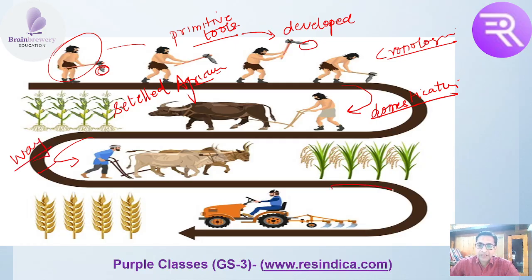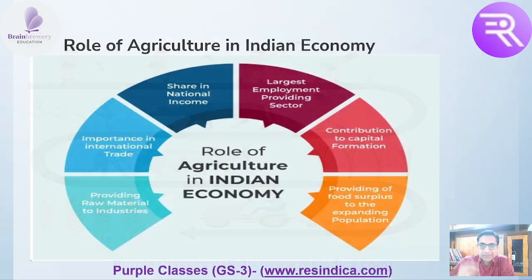After that, they came with a more sophisticated way of agriculture, and then we moved into mechanization, like all electronics, then machines, robotics, and everything. So this is what we call the chronology of how agriculture developed on earth. Wherever you go, various countries are on some part of this whole chronology. Some countries are in the last part, some countries are in the middle part. Now let's start with what is the role of agriculture in the Indian economy.